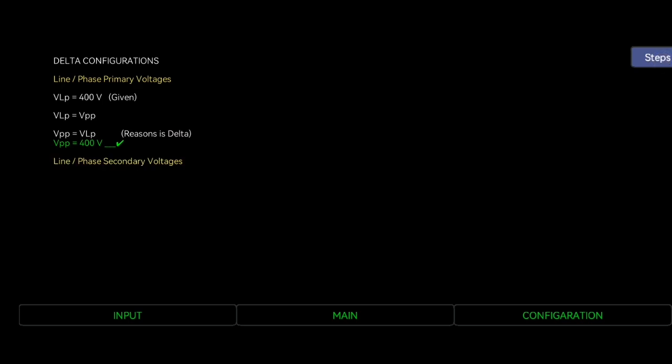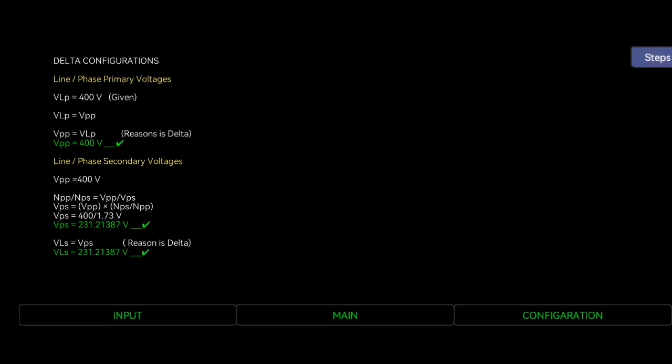And then we are looking for a line in a phase, secondary voltage. The voltage is given, and it's the one from above. So for the secondary, you have to get the number of turns, which is 1.3. Then 1.73. You divide it, and then you get the phase secondary voltage. Then you're looking for the line secondary voltage,